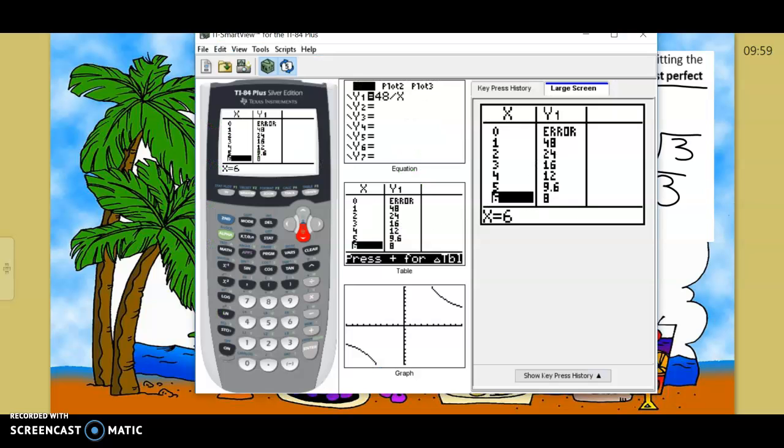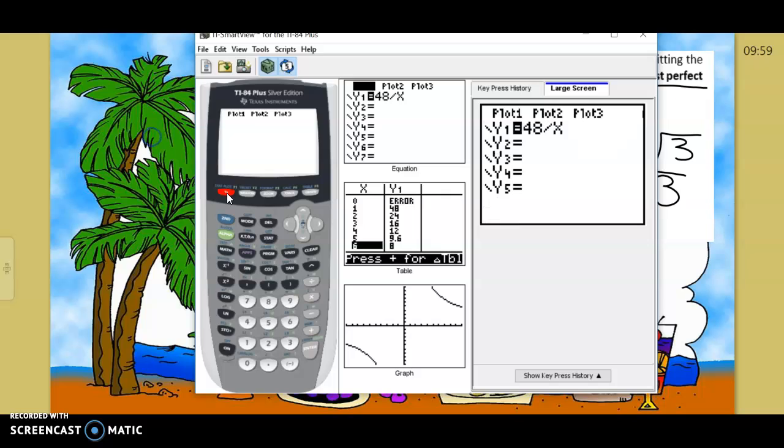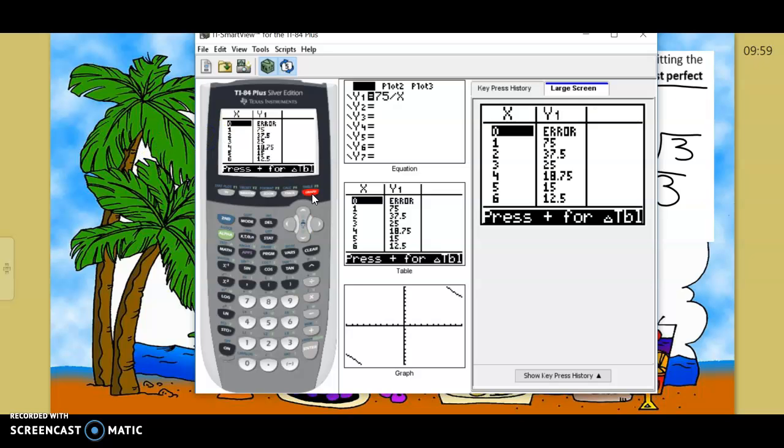All right, so back to the calculator and back to y equals. Let's remove the 48 and put in 75. So 75 divided by x. We can keep that part. So now that that's in the calculator, we can generate a list of factors by going to the table. So second and graph. And again, starting at 0, let's work down the page,